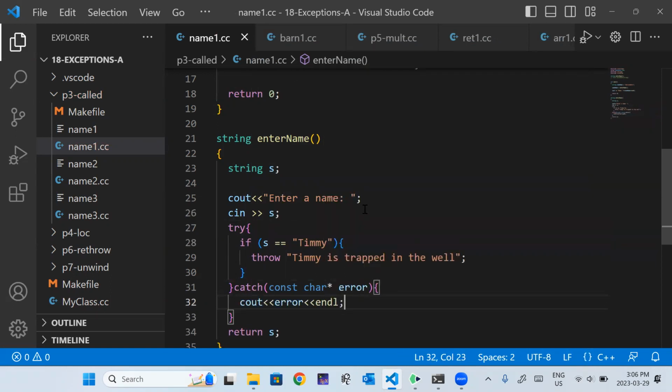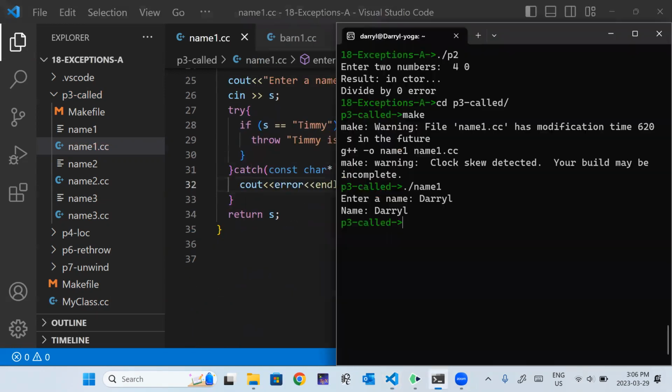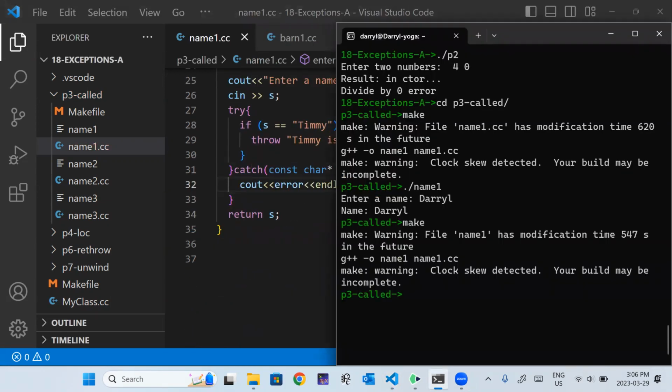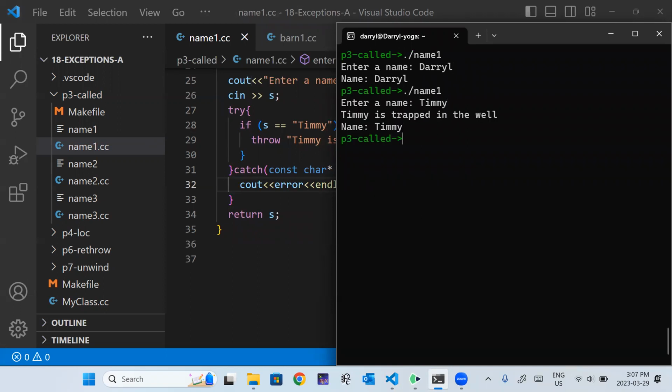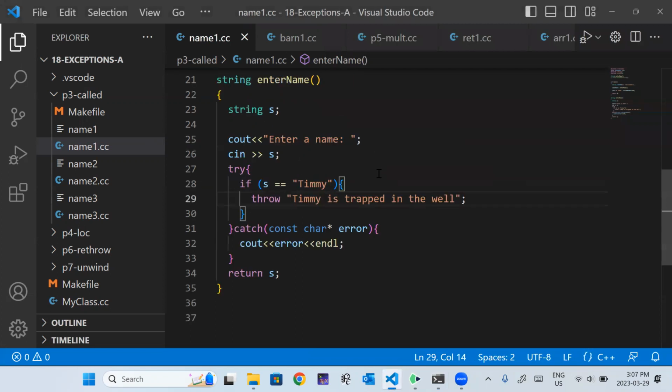Okay. So now we have a potentially dangerous piece of code where Timmy might get into some trouble. So if I just put my name, everything works fine. If I put Timmy's name, it says Timmy is trapped in the well, but the rest of the code executes, right? So again, this is sort of what we did before, but now there's more consequences to it.